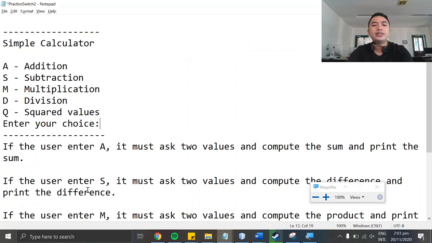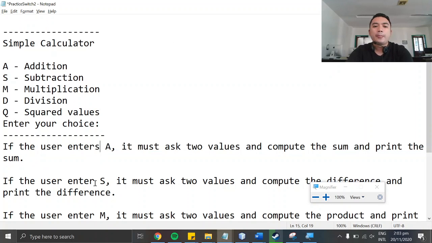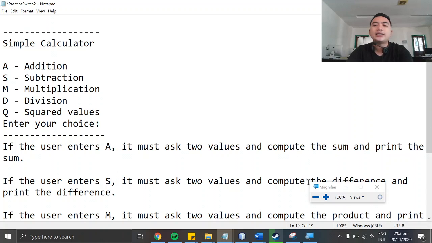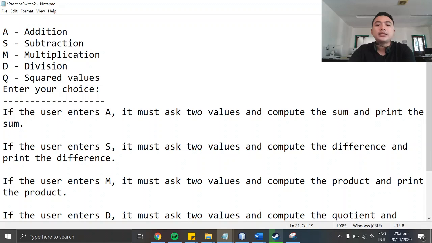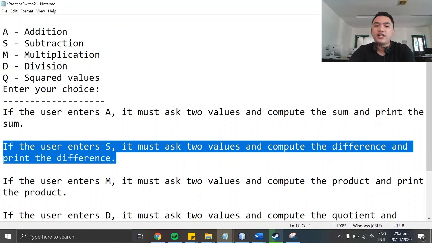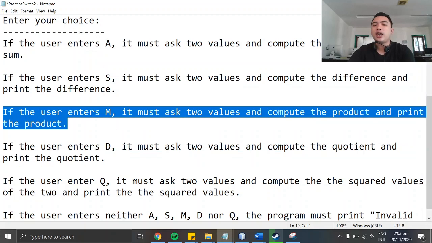Then enter your choice. If the user enters A, it must ask two values, compute the sum, and print the sum. If the user enters S, it must ask two values, compute the difference, and print the difference. If the user enters M, it must ask two values, compute the product, and print the product.